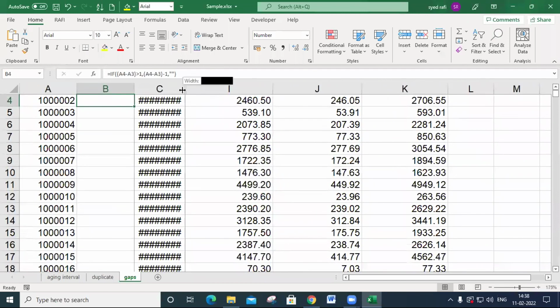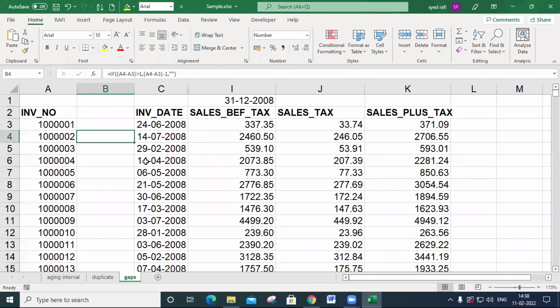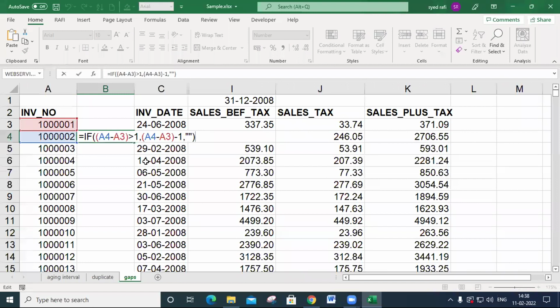Equal to IF, I subtract this invoice number from this one; if the difference is greater than 1, it will display how many invoices are missing. By subtracting like this we get the correct answer. Otherwise I want to display it as empty.